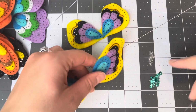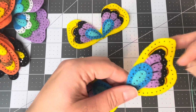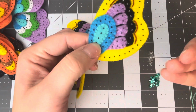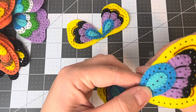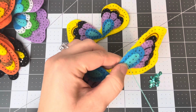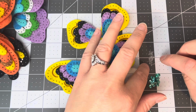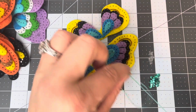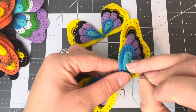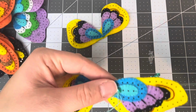Okay, I have my beads and my sequins right here, and we're just gonna start from the inside and go out. You can do this however you want. There's really no right or wrong order here. 2 strands of aqua thread coming up from the bottom. I'm going through all these layers, so with all this beading work, it creates a nice sturdy butterfly wing when you're done. I mean, they're not really that flimsy to begin with, but